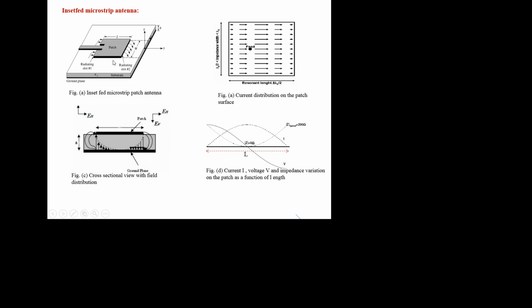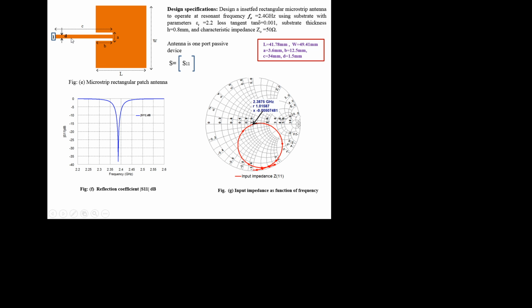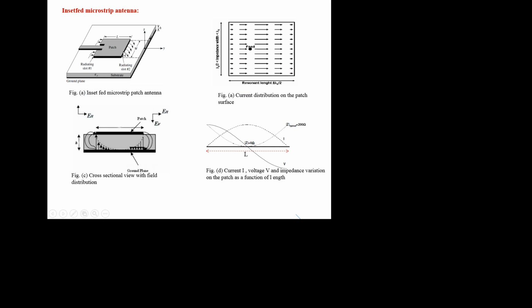Once the source is connected to the antenna, current flows over the structure. Current flows through the structure. The current distribution over the structure is as shown in this figure. So this is a current distribution. Current is maximum at the center of the patch. So this is the center of the patch here. Maximum current will be there at the center of the